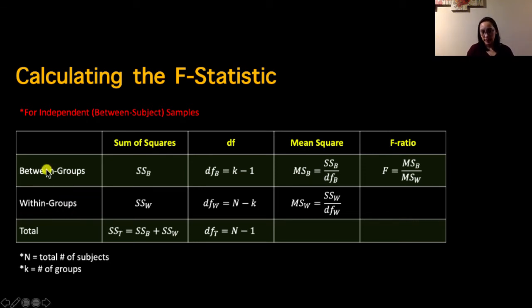So between groups, when we're calculating the sum of squares specifically, is going to look at the summed deviation of each group mean from the grand mean, or the mean of all of the groups. So if we had a single dependent variable measure, and we took the mean of every single measure, it doesn't matter which group people are in, we just took a mean of all of the dependent variable measurements that we've collected from our total sample. And if we took a group mean, say sample A, we subtract the grand mean of all of our dependent variable measurements put together, and that is the deviation. That's a between group deviation. So for however many groups we have, we would do that group mean minus the grand mean and sum that together. There's a little bit more that actually goes into that,